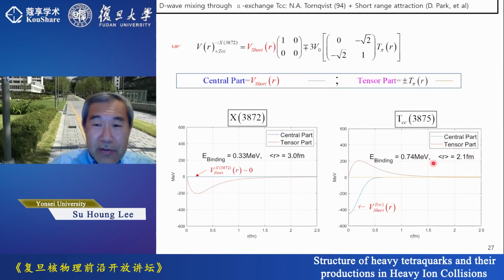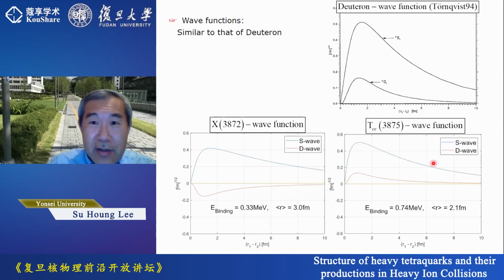This mechanism is very similar to what you see in the deuteron, because of the same mechanism. In the deuteron, you have S wave state and a huge D wave state mixing in the total wave function. And that's precisely what you also see, assuming you solve this potential problem, D wave mixing. You have a large S wave, then a non-trivial D wave contribution, which also gives you a very large radius, similar to the deuteron, 2.1 femtometers. And also for TCC,